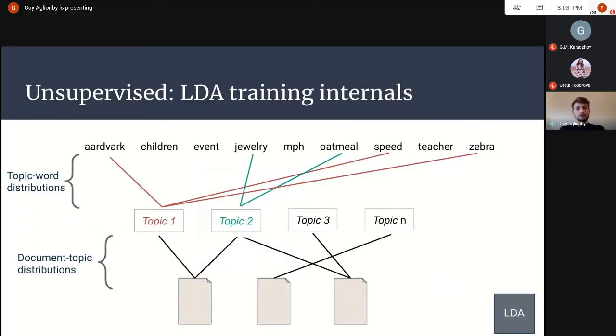I'm going to briefly run through, without going into any maths, how LDA works. It's a lot more complicated than I have made clear here, but that's not important, and I'm not even clear on how a lot of that works. But it's important for when we're extending it in the semi-supervised approach.